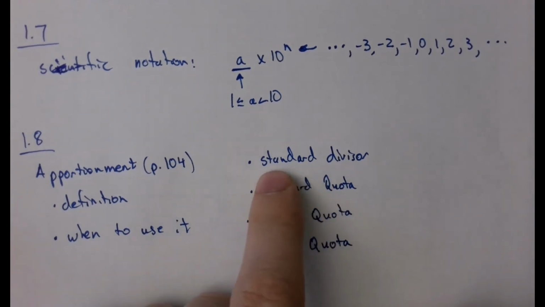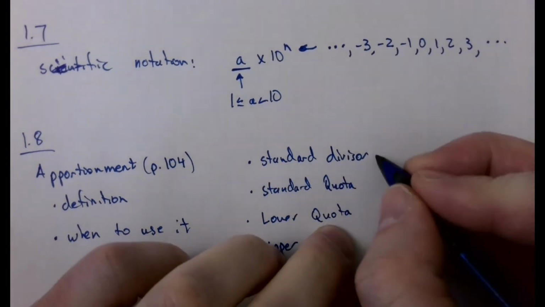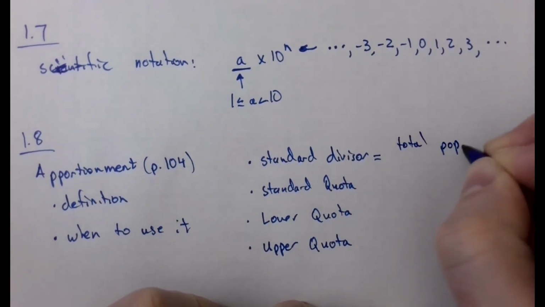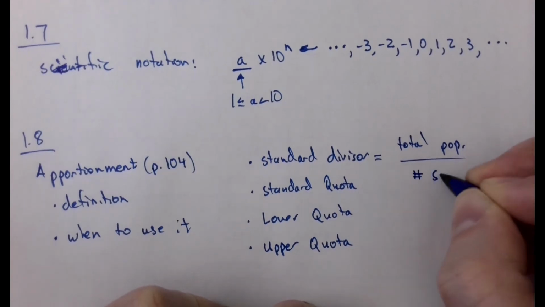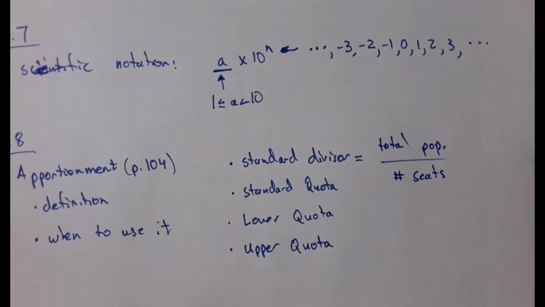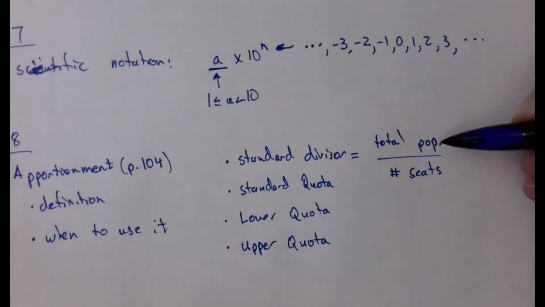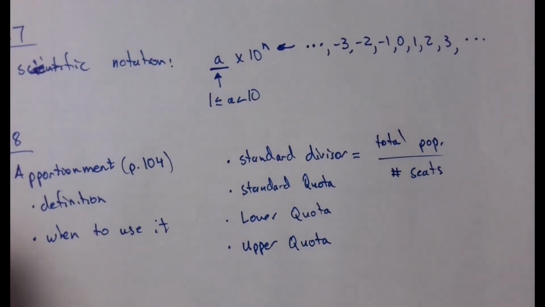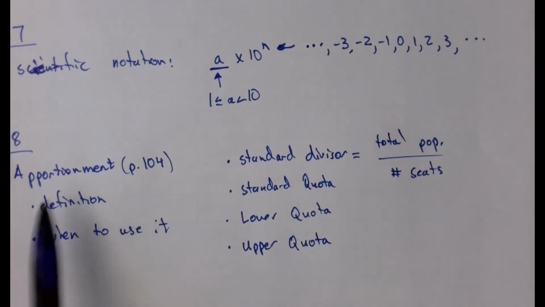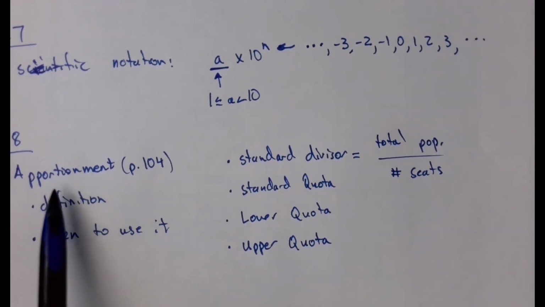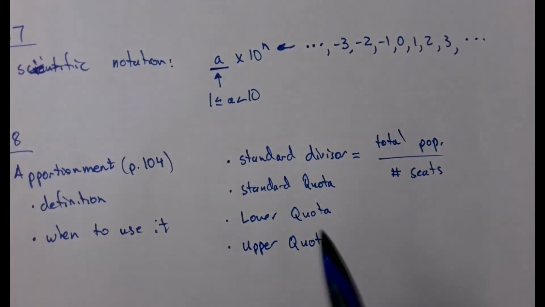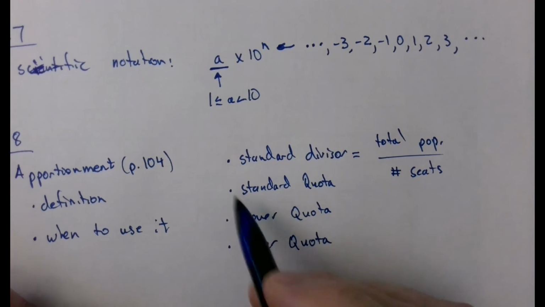For example, the standard divisor, its formula is total population divided by the number of seats you have to give away. So this is the number of people or the number of things per one item you're trying to apportion. And this is kind of the beginning process of fairly distributing indivisible items. Okay, so I would put on your reference sheet